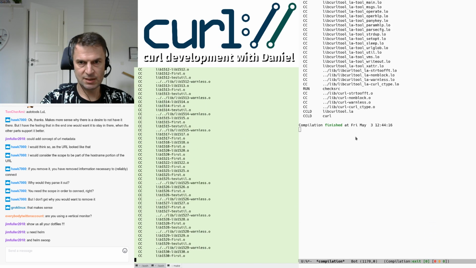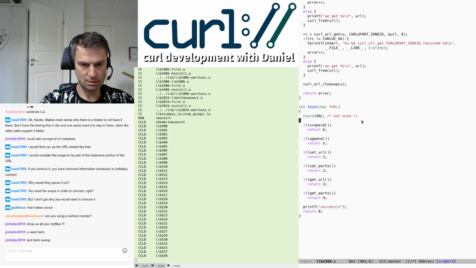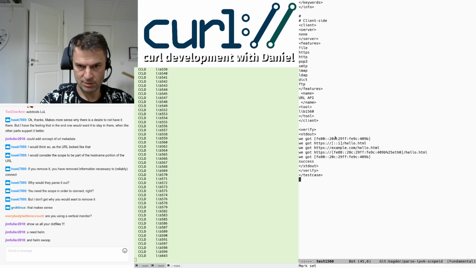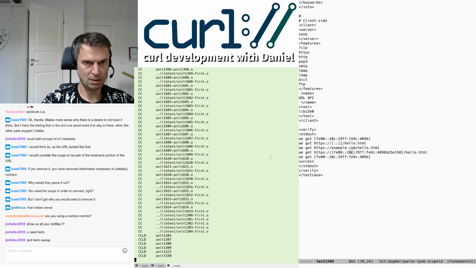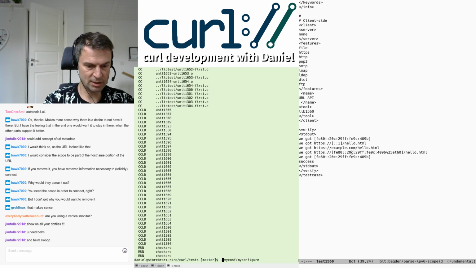Test 1560, and now it won't succeed because it'll output another line. So it should show a failure and show the line that was added, but that line should look fine, and we should add it to the test and we'll be happy. And if that works, we know that we can extract the zone ID using the